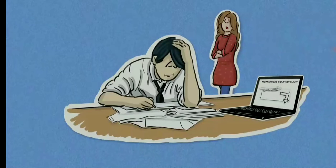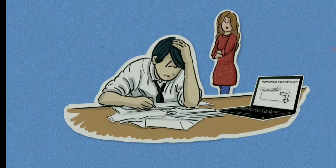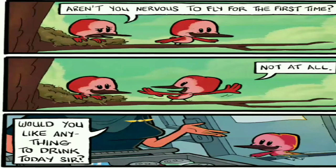So, you've decided when you want to leave and when you want to return. First tip, double check your photo ID. You want to ensure that this is still valid. For domestic flights, you can use your driver's license, enhanced driver's license, or passport card. If you're flying internationally, you will need a passport book, usually one that is valid for 6 months from the